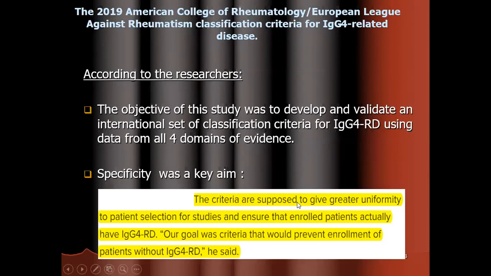The criteria are supposed to give greater uniformity to patient selection for studies and ensure that enrolled patients actually have IgG4-related disease. Their goal was, as they said, criteria that would prevent enrollment of patients without IgG4-related disease. يعني هم كانوا مهتمين جدا بانه ما ياخدوش فولس بوزيتيف، لان هذا الاهتمام ادى الى انهم فقدوا